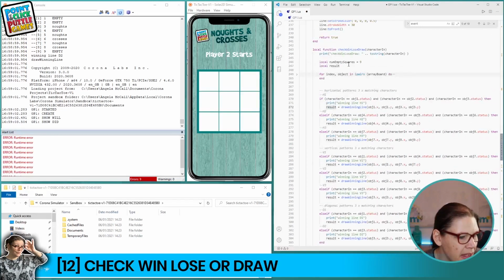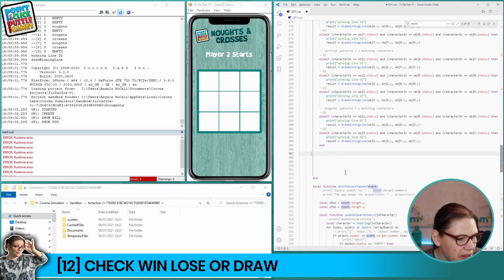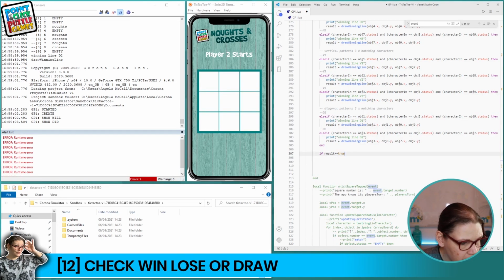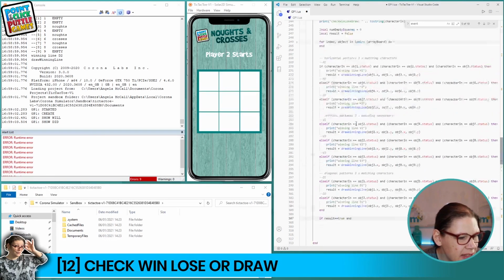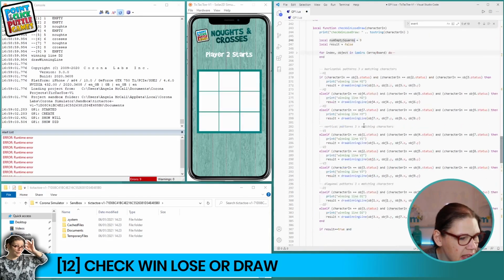And if we look up here, if we set this to false to start with, it contains the word false. So we now have something that we can test on it. So if result equals true, we're going to need to test the number of characters, aren't we? The number of squares. We need to do something to that. So let's say number of empty squares